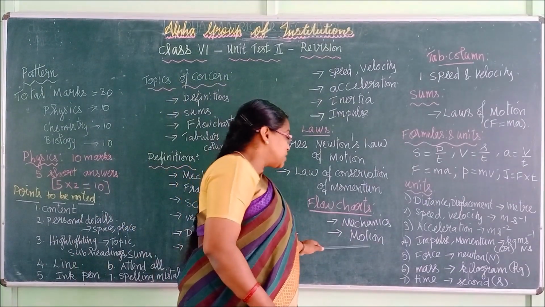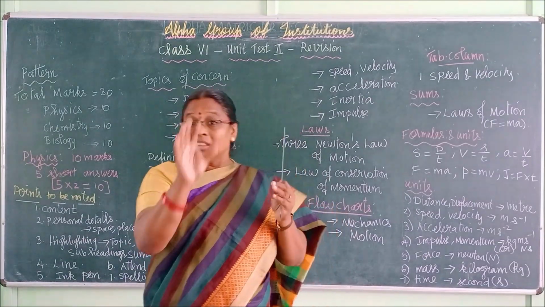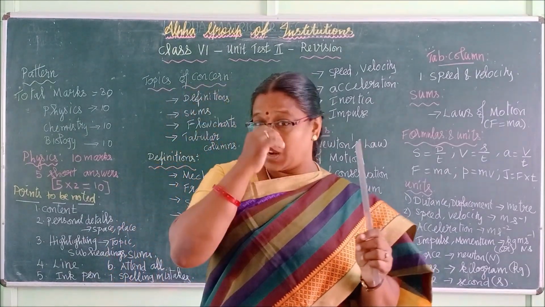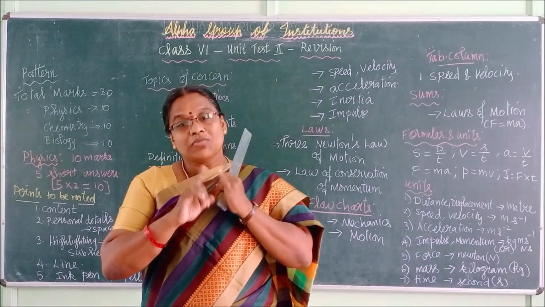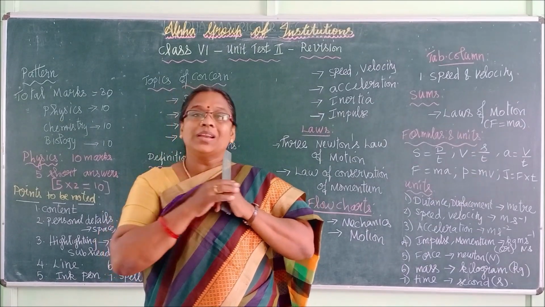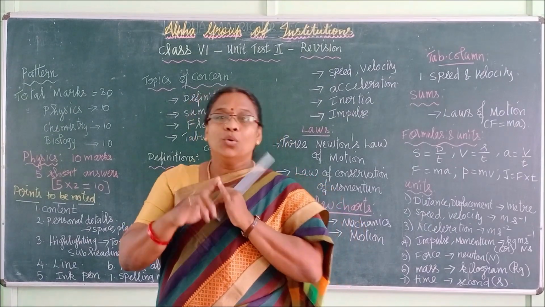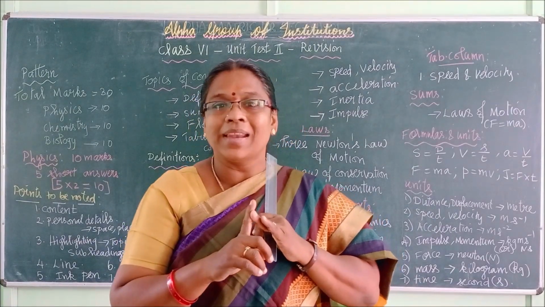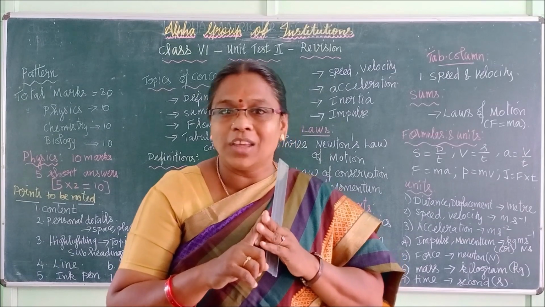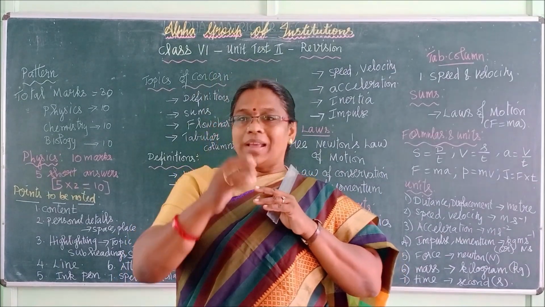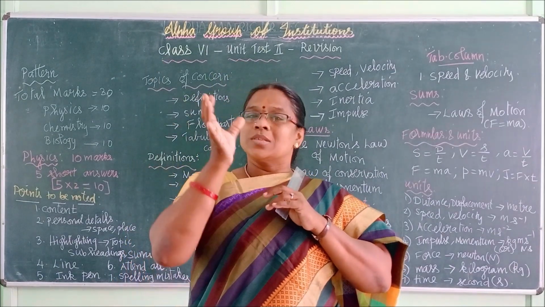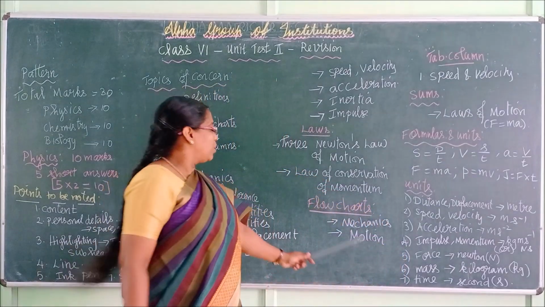Flowcharts, 2 flowcharts we have. Under these portions alone I am saying: classification. So classification of mechanics we have learned. What are the classifications? I have said it in the part 1 video. Fluid mechanics, rigid body mechanics, and next one, deformable body mechanics. So like that we have one flow chart, no? So practice that flow chart. And what is the other one?